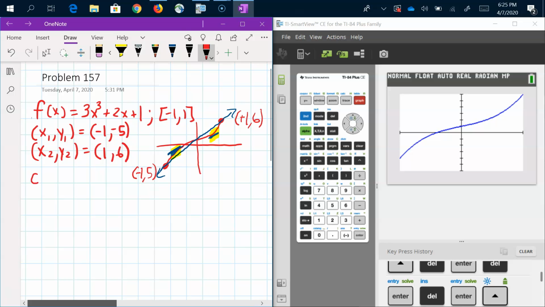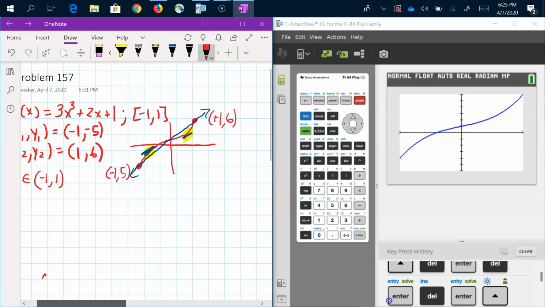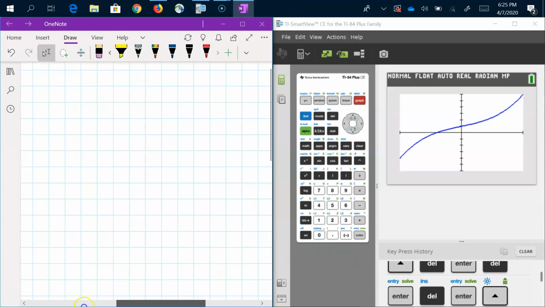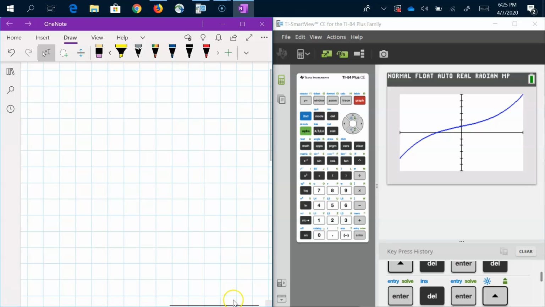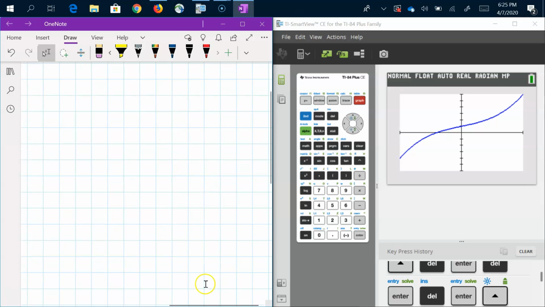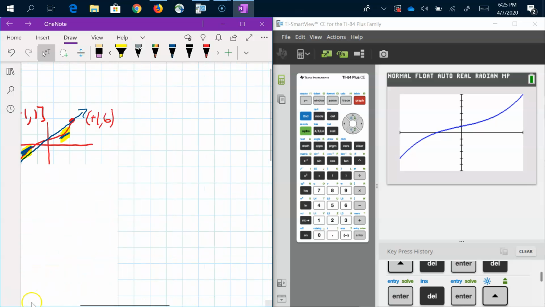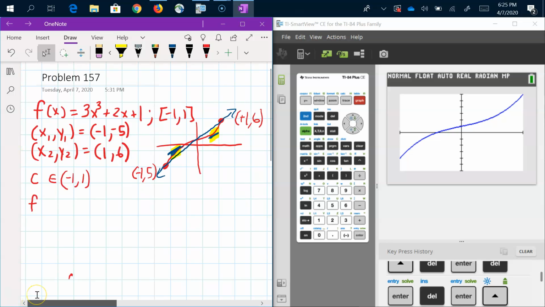So the mean value theorem guarantees there's a c, at least one c, in the open interval -1 to 1, where the derivative at c, sorry about that, where the derivative at c